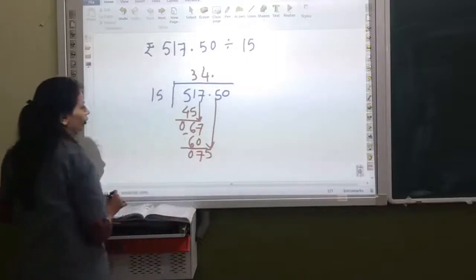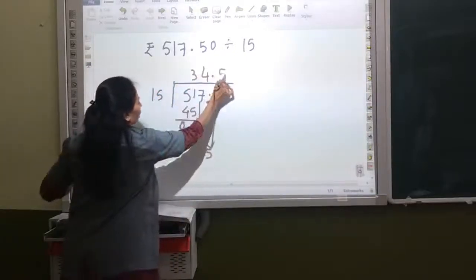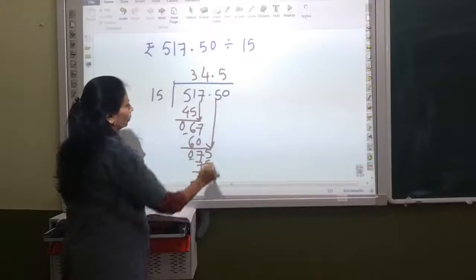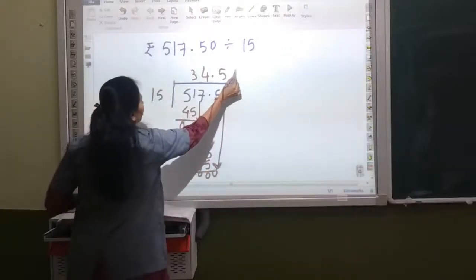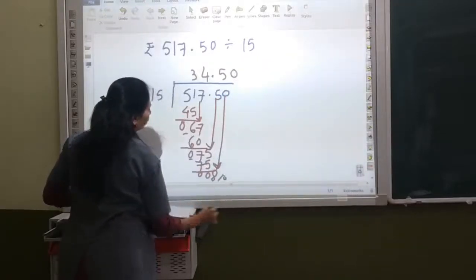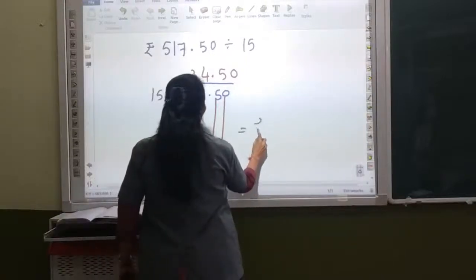Now here 75. So 15 fives are 75. Now here 0. Right. Now bring down 0. So remember 15 zeros are 0. So 0 minus 0 is equal to 0. His answer is rupees